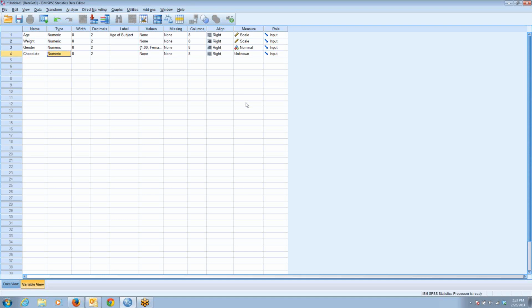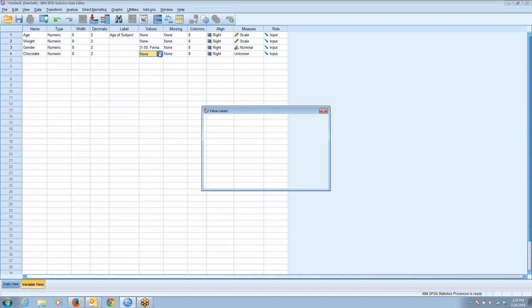So we'll call this chocolate, and on value labels, a 1 will be dislike, a 2 will be, well, okay, something like negative. A 3 would be neutral. A 4 would be positive, and a 5 would be,